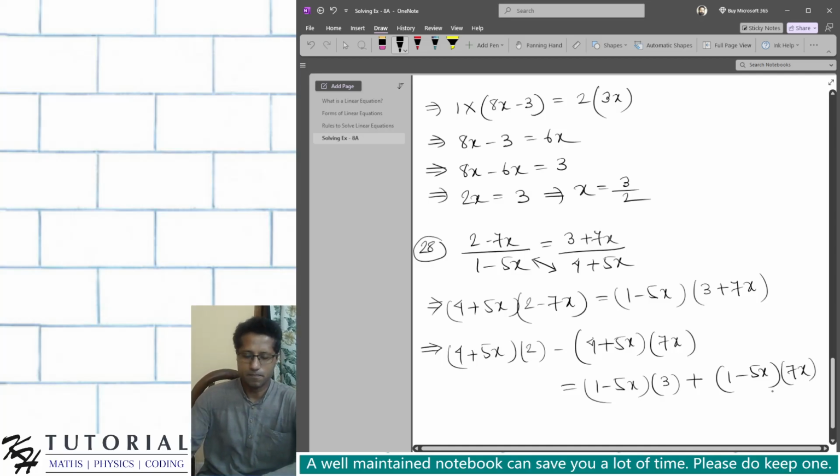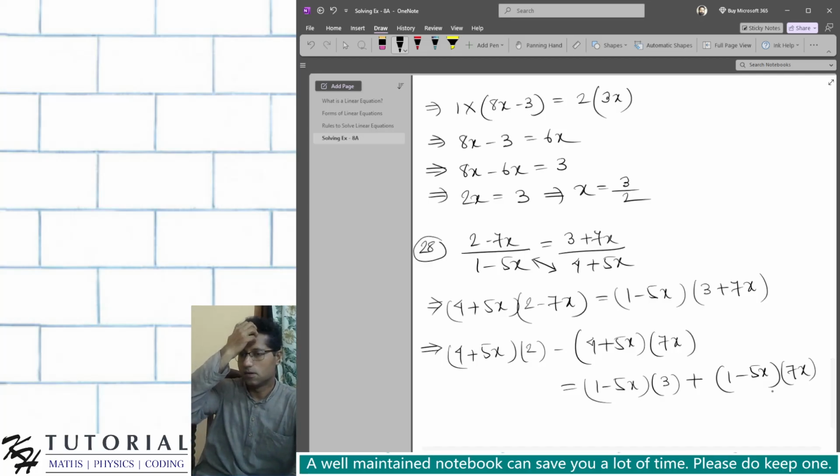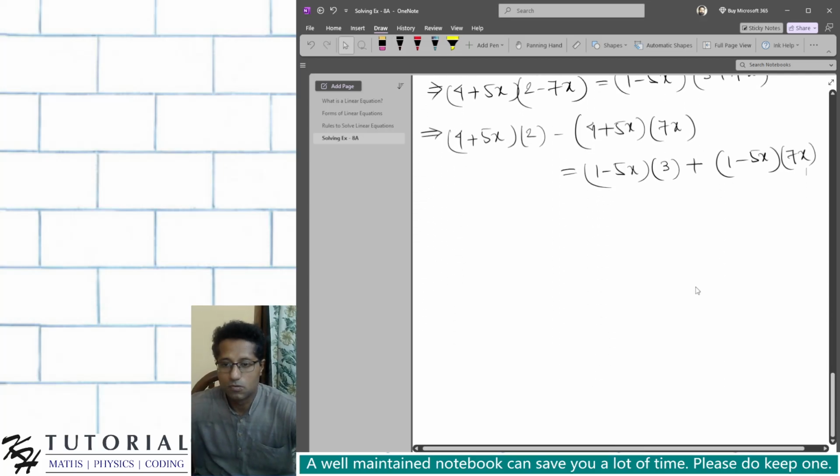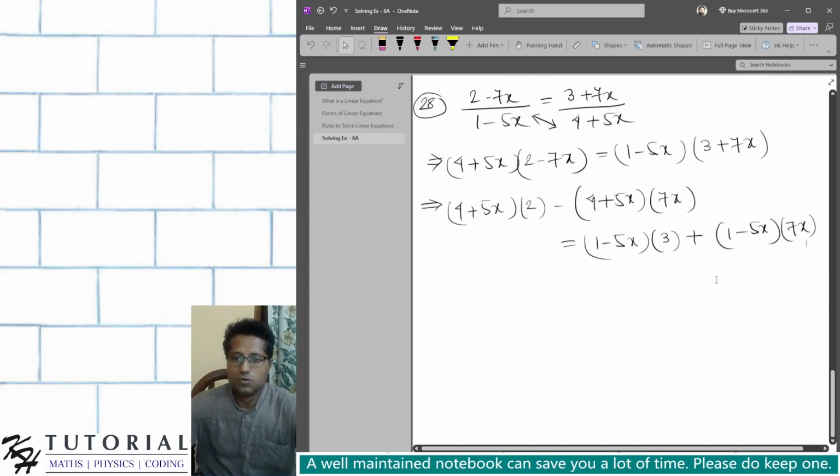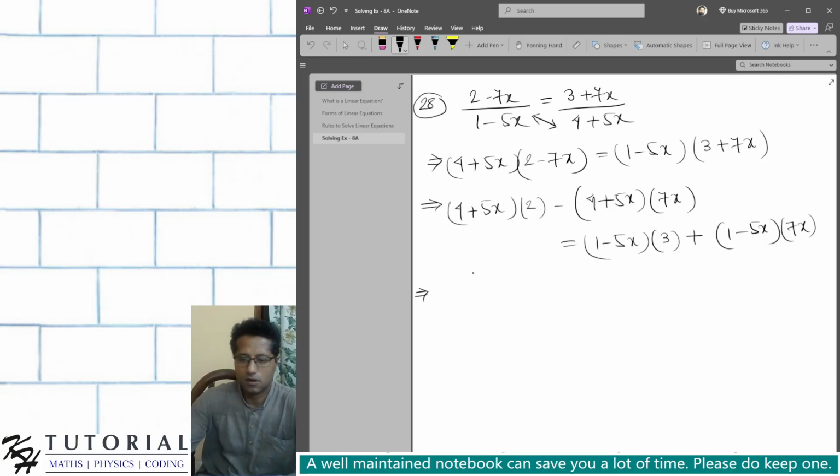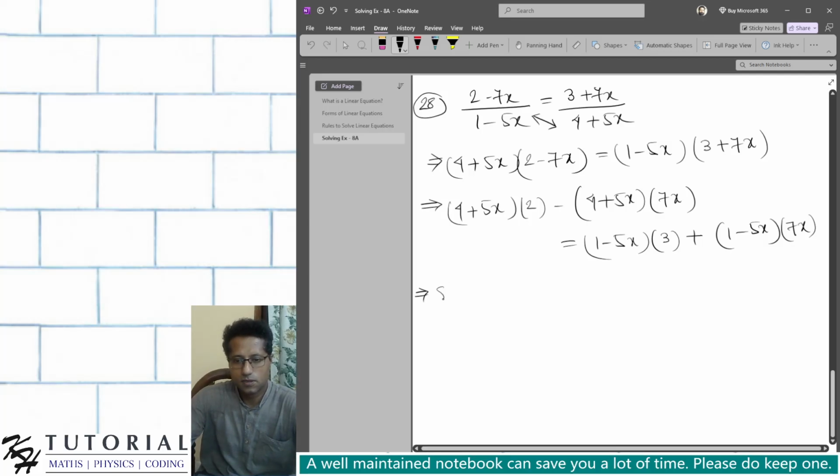So you must be very strong and clear about doing multiplication, division, addition and subtraction of algebraic expressions. Okay. So if we do further simplification, if we do the products of the monomial and the binomials on both the sides, we get (4 plus 5x) into 2 becomes 8 plus 10x,